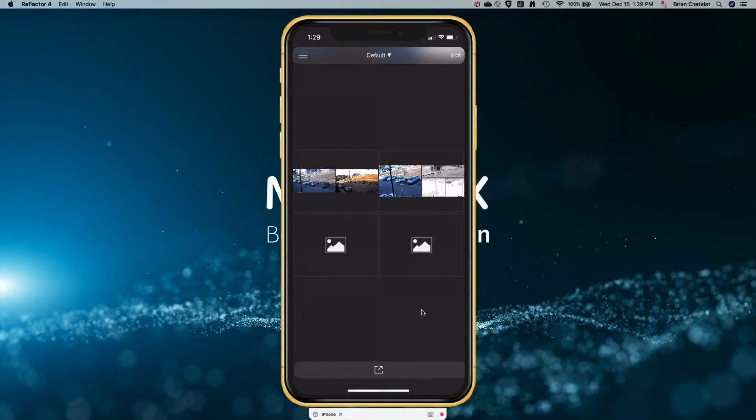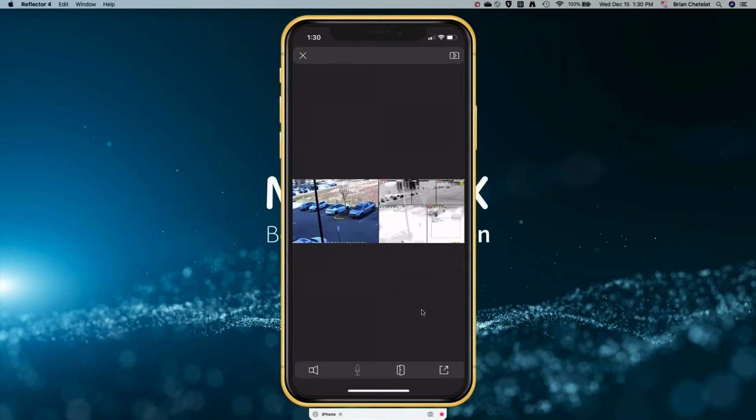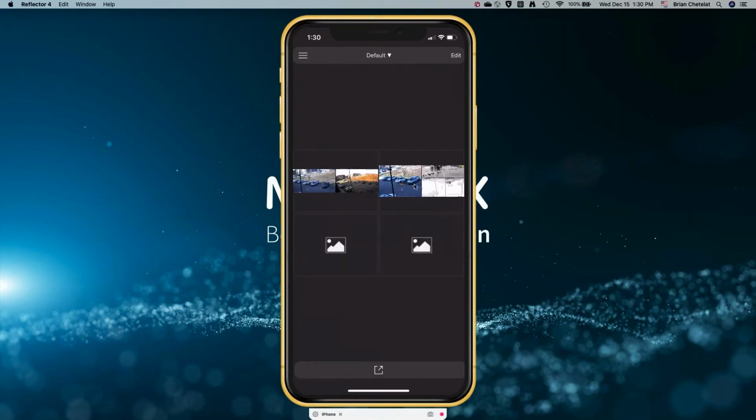One thing to mention before we go away from the grid: when you're in the grid, similar to management center or control center of yesteryear, all I did was tap. You can't possibly see it, but I'm just tapping on each of the images.